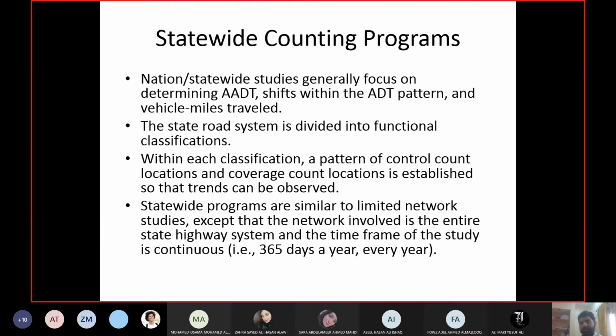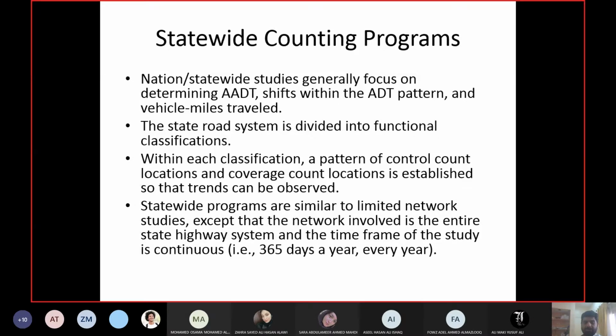Okay, now if you are living in the United States, then one state means one part of the country, right? If you are living in Saudi Arabia, then you may call it a province. If you are living in Bahrain, then you may call it a governorate, right? So a state is a part of the country, an administrative part of the country. In the case of smaller countries like Bahrain, Singapore, and other small countries, you can cover the whole country as one state.